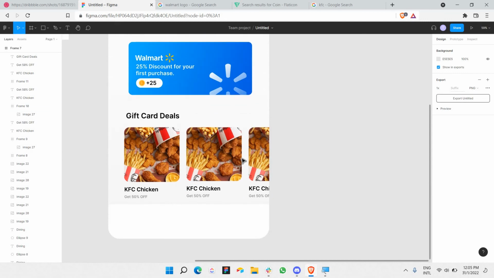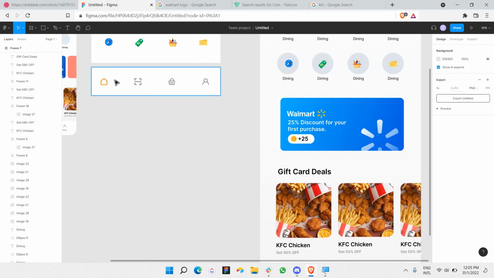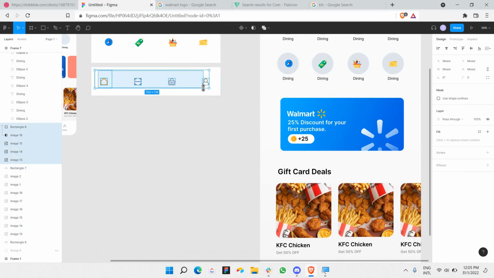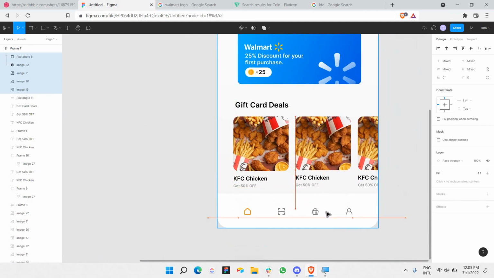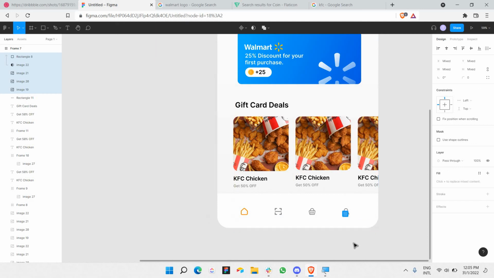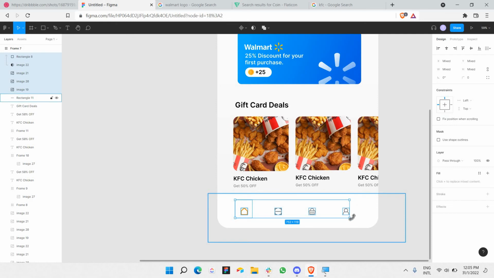Okay, that's nice. And I would like to add some navbar icons here, but I already have the icons to be here. So I'm just gonna copy all of this and place it right here. The icons are actually easy to find on Flaticon. You can just find them, and this is exactly how I find them as well. I'm going to increase their size,